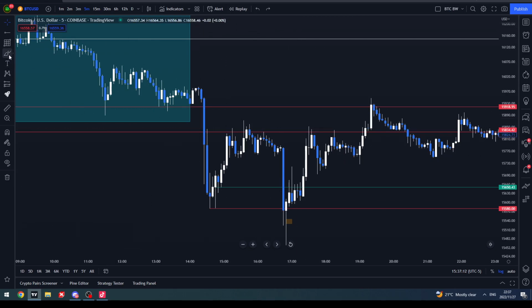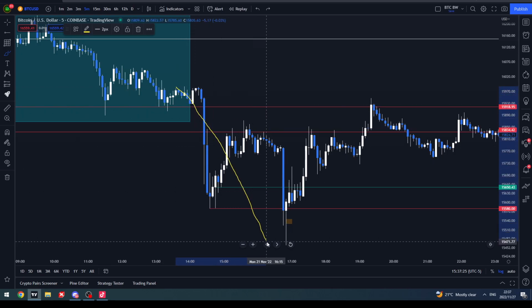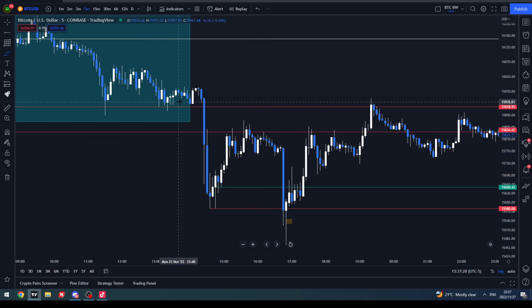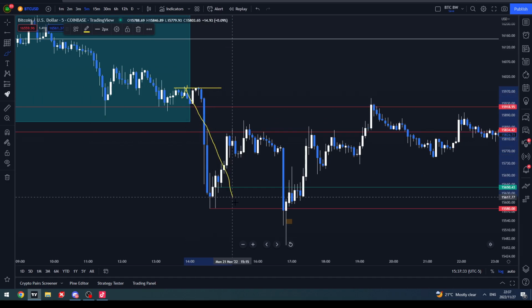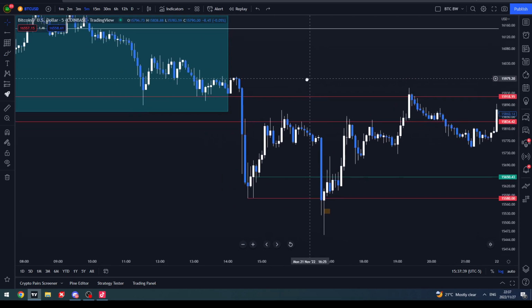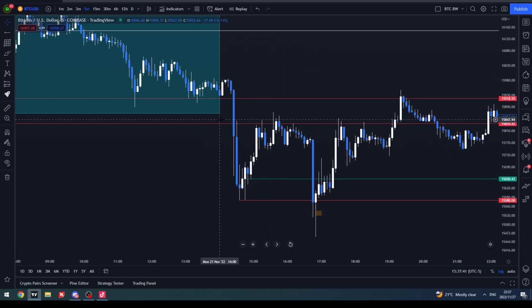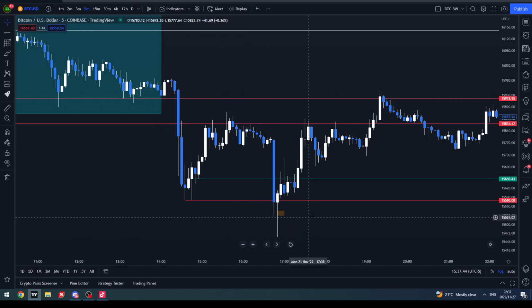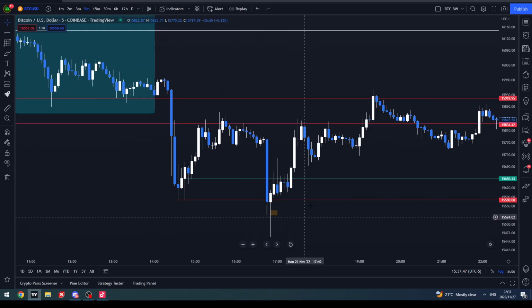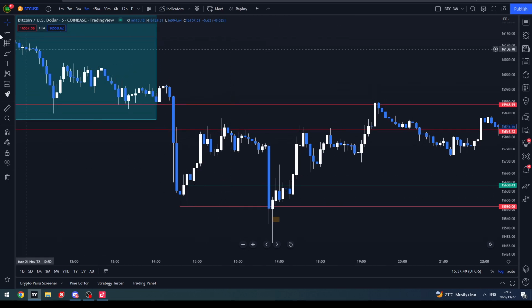Now, once price broke down through the low here, we have established a dealing range from the top to the bottom. This is a bearish dealing range since liquidity was taken up here first, and then price moved down. We are calling it a bearish dealing range because liquidity was taken to the upside first, then the downside. If liquidity was taken to the downside and then moved up, we would call that a bullish dealing range, which